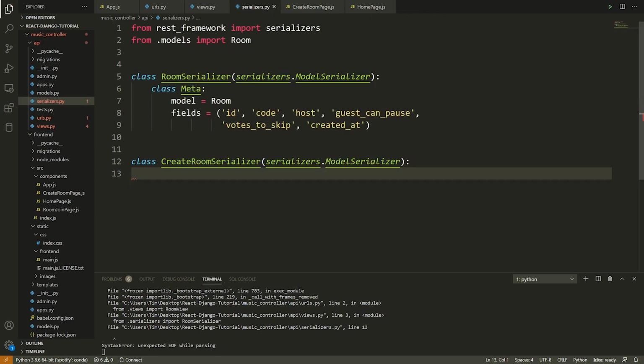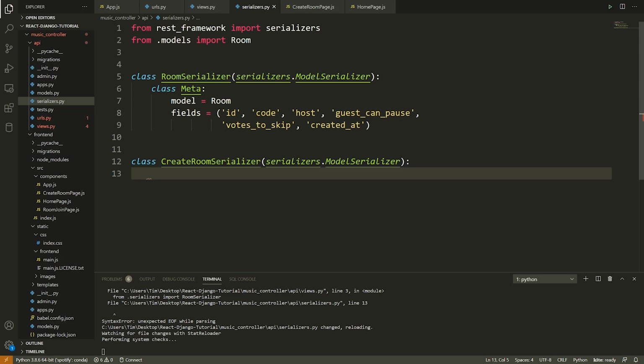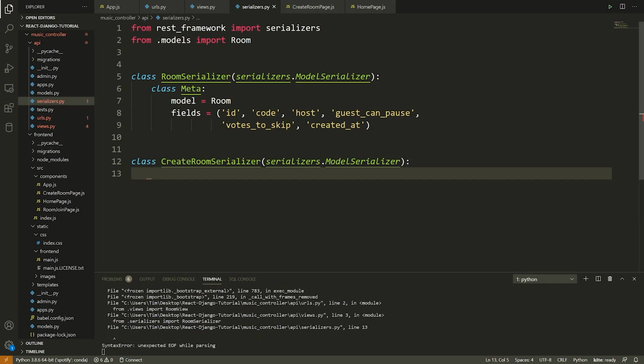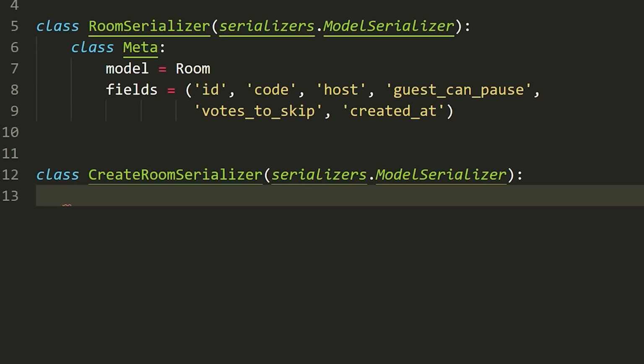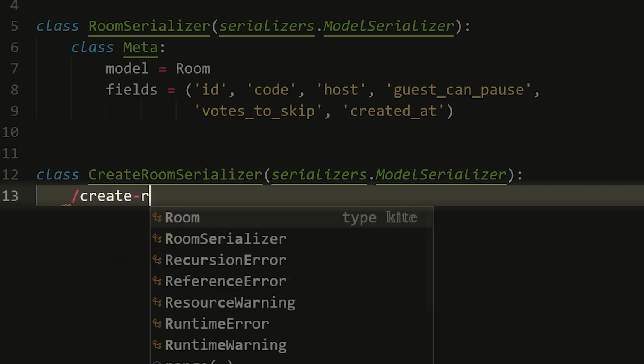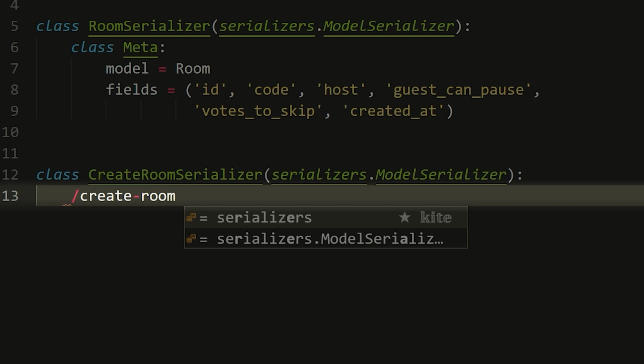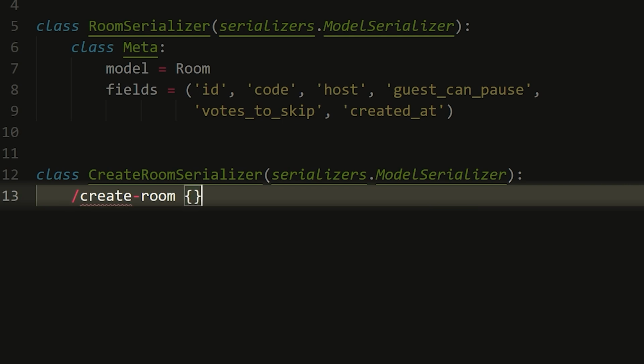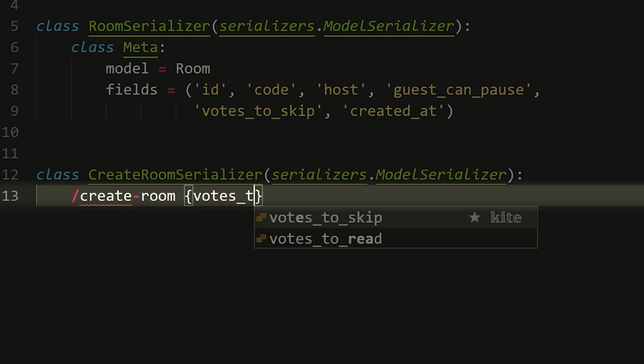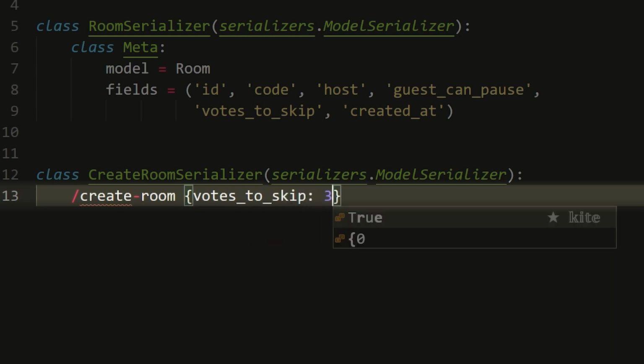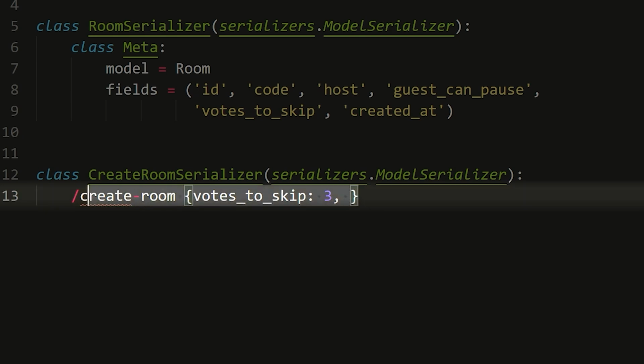And the post request, if you're not aware, is typically when we're creating something new. We send that type of request, and we send a payload that has information in it. So I'll send a post request to say like /create-room. And then what's hidden in this request, what you wouldn't see, say, in the URL if you were typing this in, is the payload that will have the information in the post request. So we'll have a payload that has something like votes_to_skip, and that will be equal to 3. And then we'll have another payload that says guest_can_pause, and that will be equal to true or false.